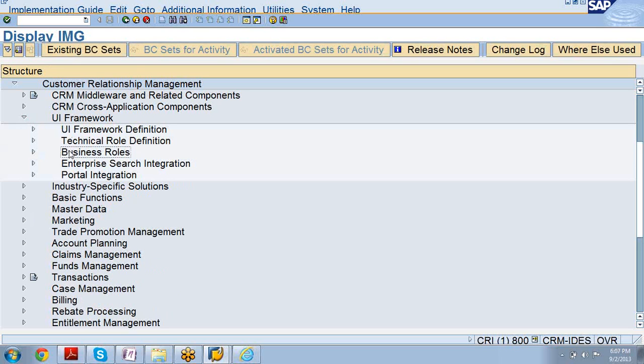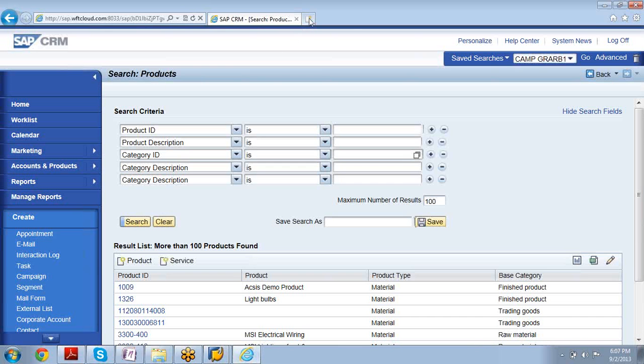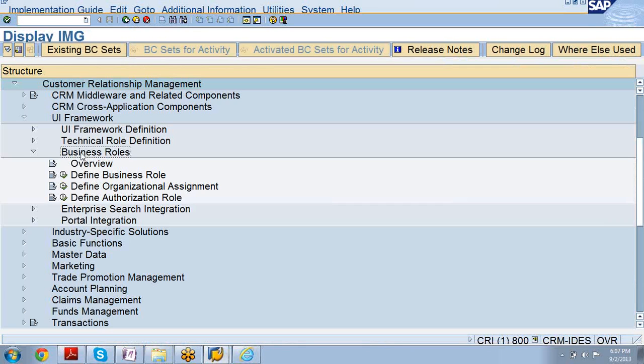Can I say this? The business roles, what you're talking about. Here, whenever we log in to the web UI itself, the first screen says business role. The sales professional you're talking about is a business role. For this business role, you can always restrict which assignment this particular role should work on, and what the authorization role is. So these things are already available.